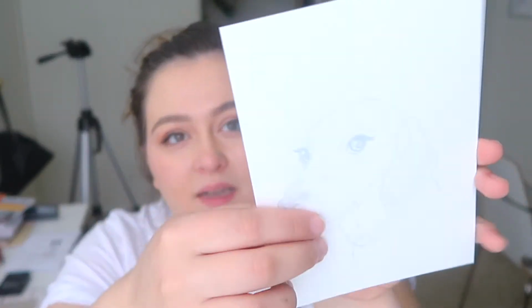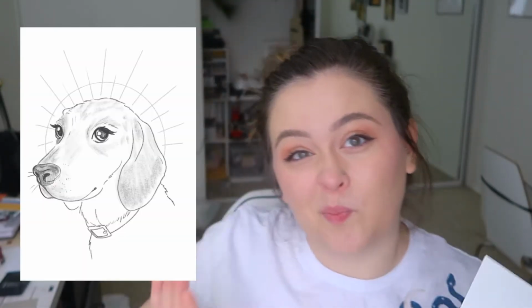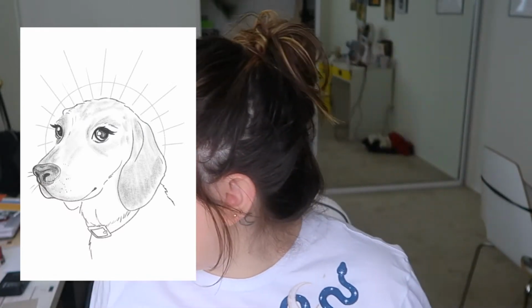The other thing that I have to do today is paint a commission. I got another dog commission from a friend of mine, and this is going to be a Valentine's Day gift, which is just super cute. And so I have to paint this. I did the sketch in Procreate, printed it out on some watercolor paper. It's going to be so hard to see, sorry. I can just stick it up over here, a little screenshot of it, but I have to paint that today